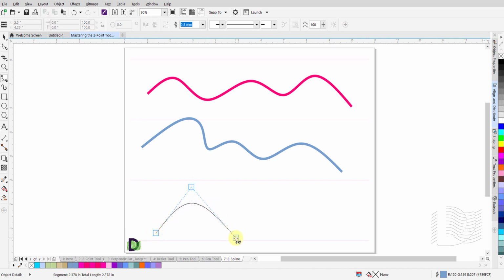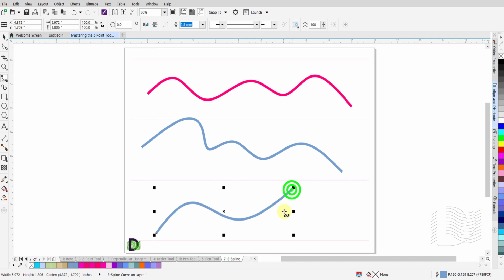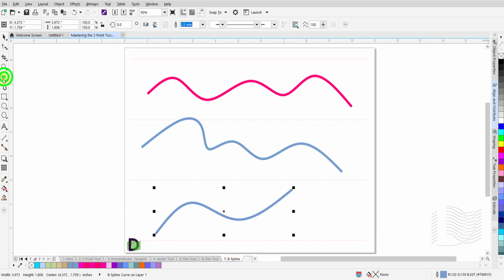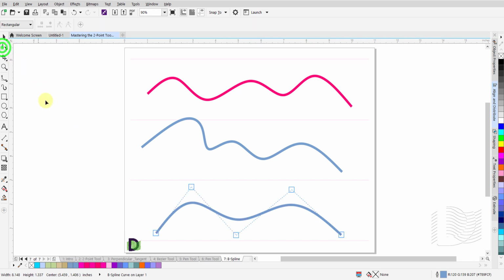Draw a B-spline and double-click to end the line. And disengage your cursor. Press F10 to select the Shape tool and click on the line. You will notice that the end control points are clamped. Switch back to the B-spline tool and hover the cursor over one end point until you see the bent arrow. Left-click and release the mouse button. Move your mouse to a new spot and double-click to end the line and disengage your cursor. Press F10 to select the Shape tool, and you will notice that this node, which was previously clamped, is now a floating control point.